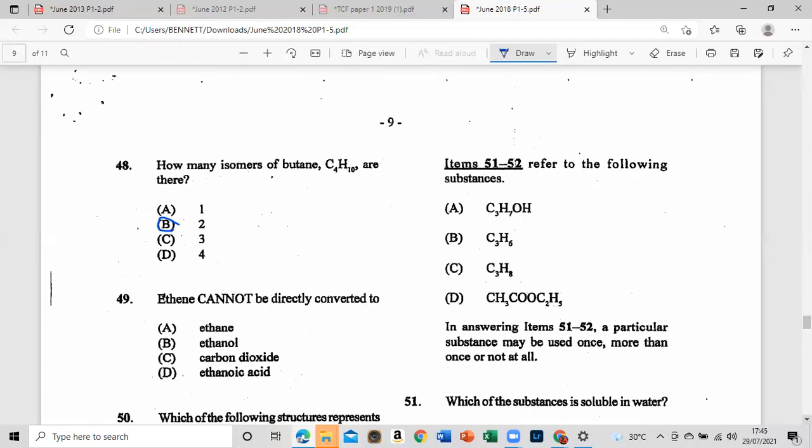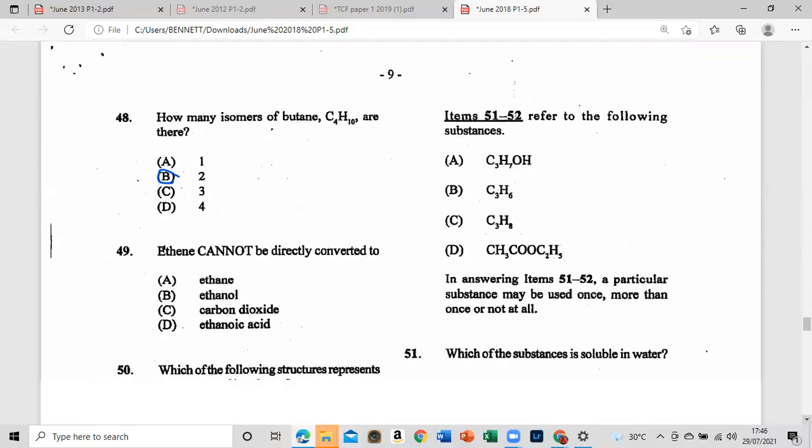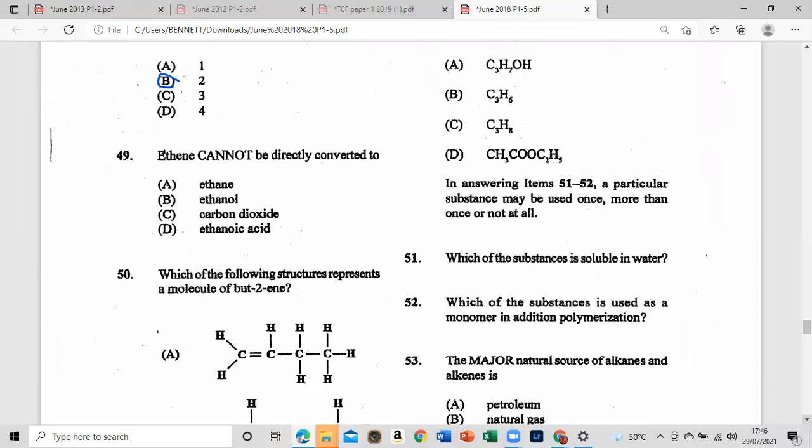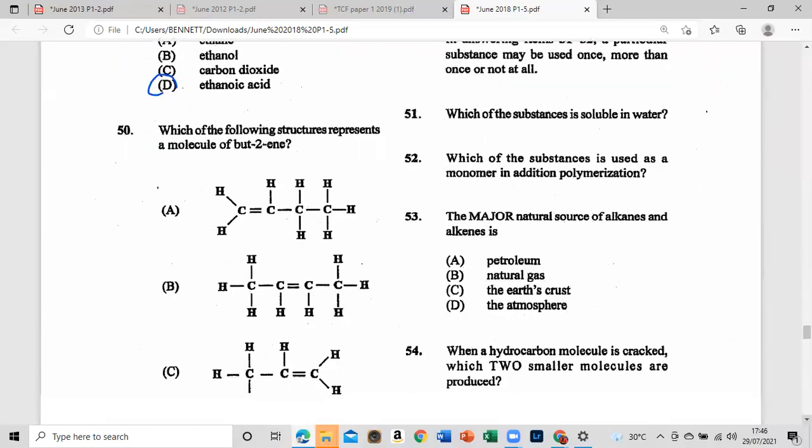All right, so we're gonna move. So 48 is B. On to 49. Ethene cannot be directly converted to ethane, ethanol, carbon dioxide, or ethanoic acid, and that is ethanoic acid. 50, which of the following structures represent a molecule of butene, and we're just gonna show